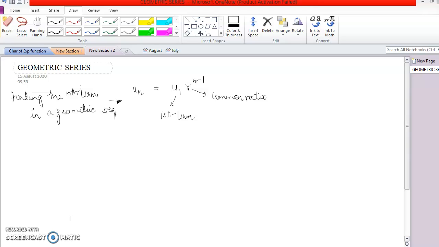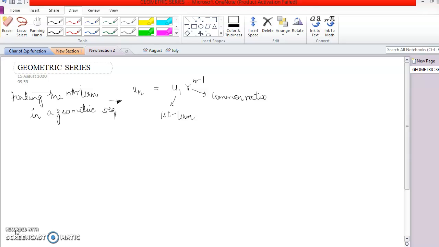To be able to understand geometric series, it's very important for us to recapitulate what geometric sequences are. We do know that geometric sequences have a common ratio, and therefore you can find the nth term of the geometric sequence as given here on my screen, which is un = u1 r^(n-1), where u1 is our first term and r is our